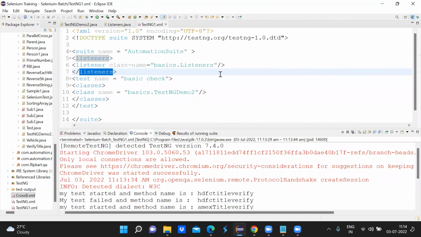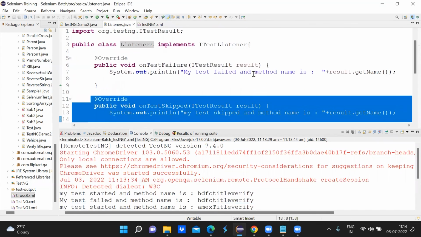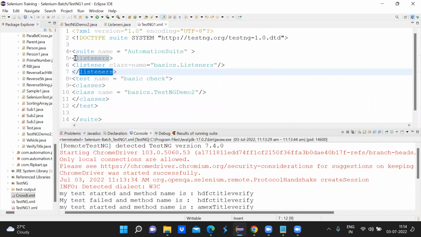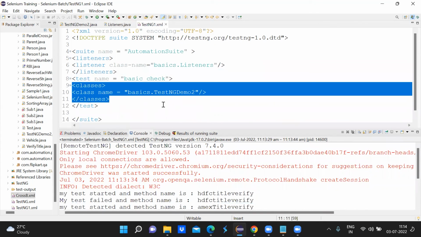Getting it, Disha? Yeah. So very simple to implement listeners, right? They can listen to your result, and basis the implementation, they can behave accordingly, right? And this you can add on the suite level. The listener class you can add on the suite level, and it would be applicable for all the classes which you want to execute from this XML file. So it is